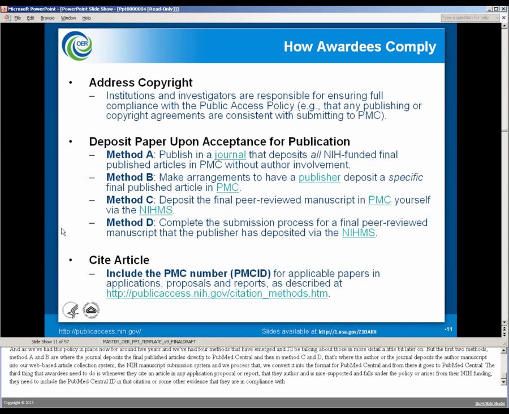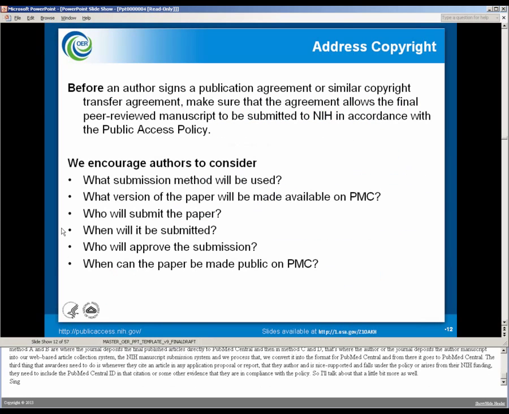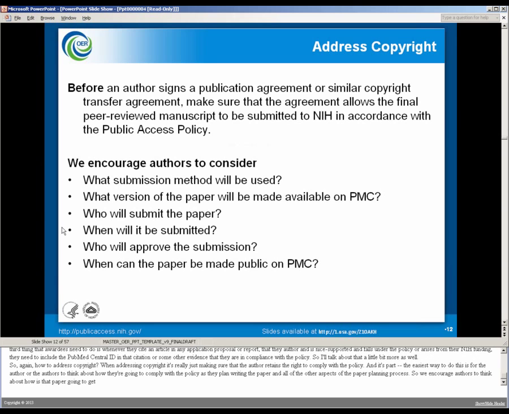So again, how to address copyright. When addressing copyright, it's really just making sure that the author retains the right to comply with the policy. And the easiest way to do this is for the author or the authors to think about how they're going to comply with the policy as they plan writing the paper and all the other aspects of the paper planning process. So we encourage authors to think about how is that paper going to get into PubMed Central, what